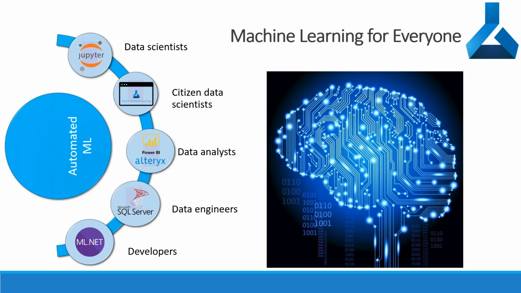Great. So machine learning comes with a lot of technology, so you can use a different set of technologies to create your machine learning models. The reason for that is not to confuse everyone. It's mainly because there are different user bases, and everyone wants to do machine learning in different ways. So let me start with the bottom.